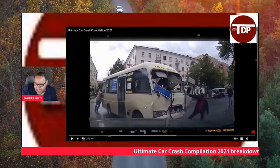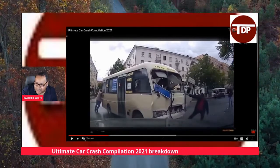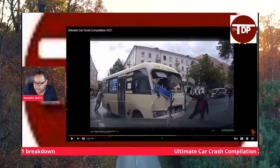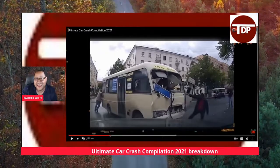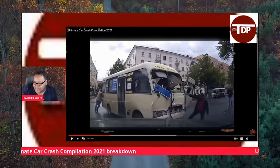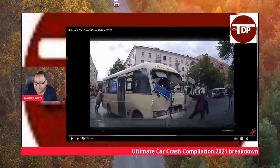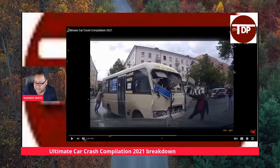All right, so it looks like there was definitely an intersection collision here, maybe he actually ran into the back of this person here, and now he's actually trying to drive off. And these people are actually trying to stop him, which I don't recommend you guys do, or you gals do, because especially in today's world,